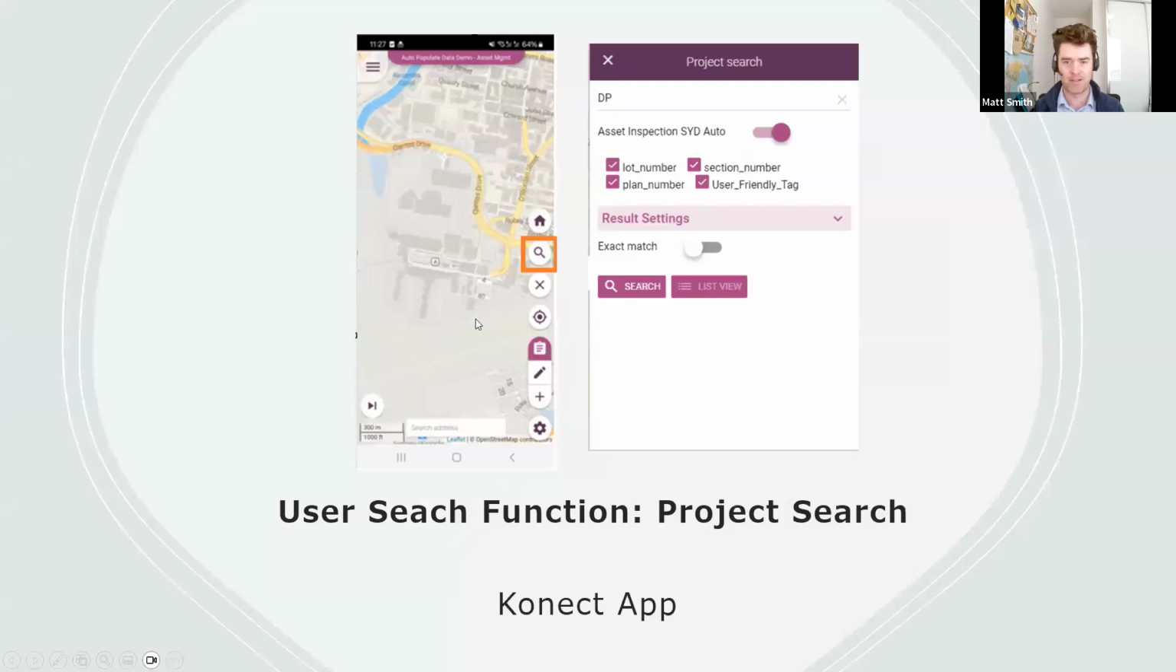Within the Konect app, the search feature is available on the right-hand side of the mobile app, the same if you're using iOS or Android. It is the second one on the list on the right-hand side and is indicated by the magnifying glass. The project search